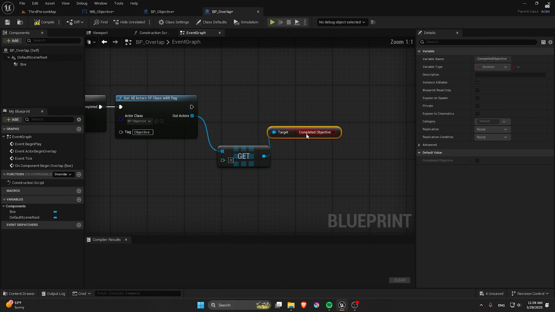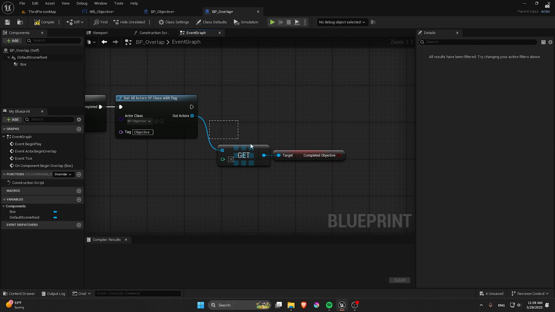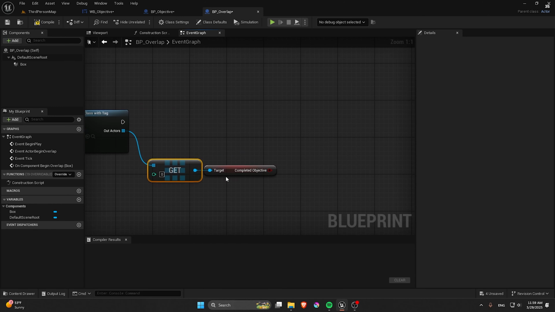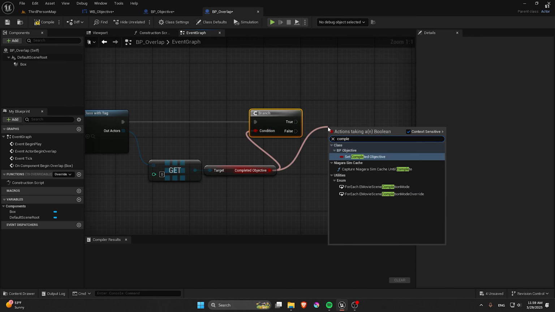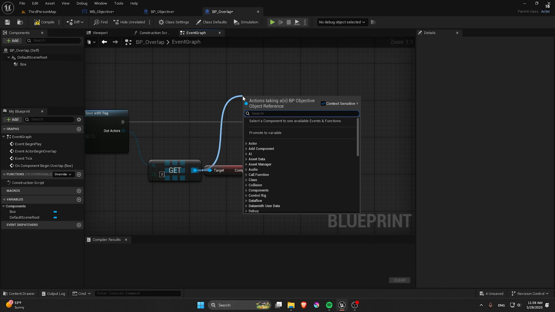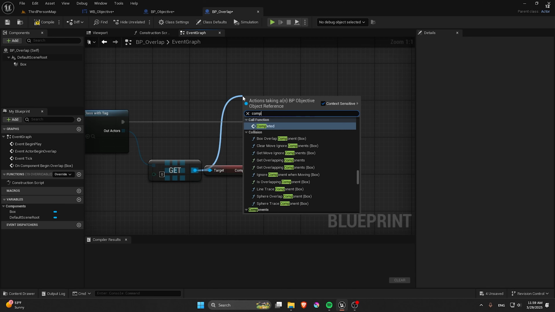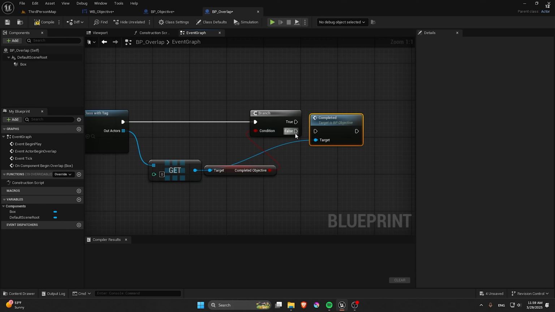So get completed right here. If it doesn't show, just delete it. Delete the get and do it once again. Right here, do a branch. So if it's true, we basically completed, or if it's, from the get copy complete right here. So if it's false, sorry, if it's false,